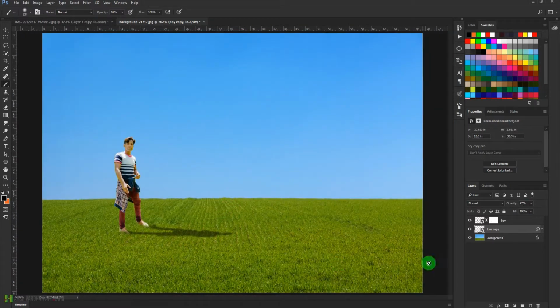You can lower its opacity to anything you want. In this case I think I will go for something like this, create a layer mask and use the brush tool, again a soft edge brush with 10% opacity, and paint randomly so that in some places it's not that sharp and in some places it's very sharp. Okay, and this is the shadow, so we are going to call it shadow. All right,